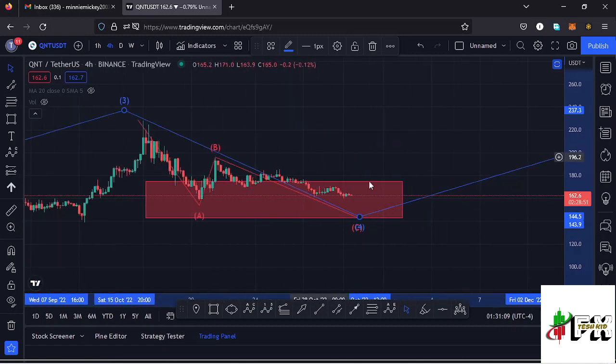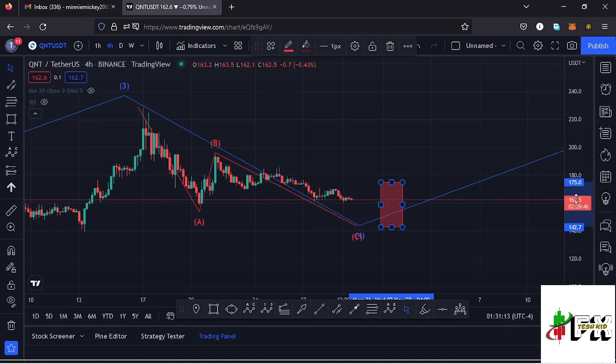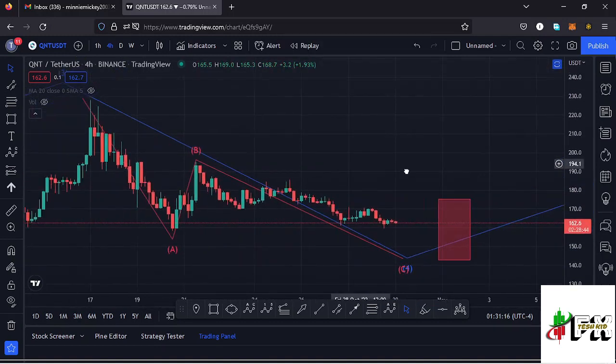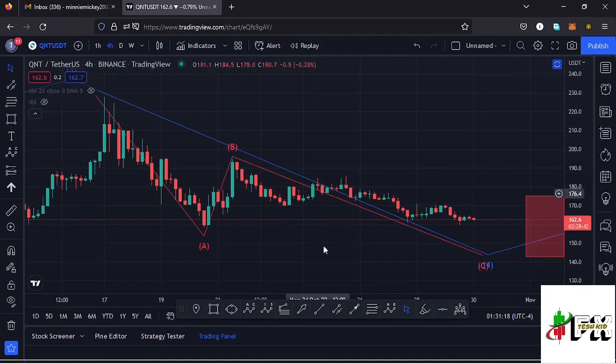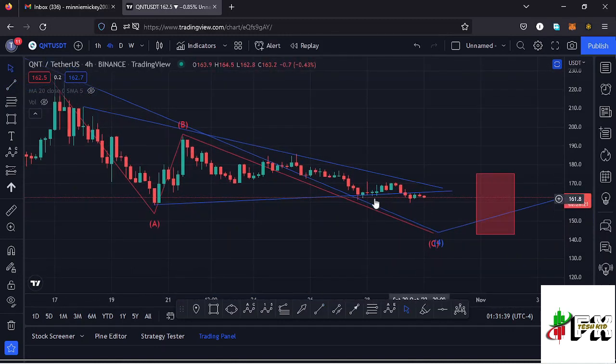We also have another key chart pattern that is in formation right here in the formation of this fourth wave to the lower side, which is a triangle, and if I draw it out, we can have this as the upper side of that triangle. Then the baseline is down here, connecting these lows down here, and you can see that we have continued to push the price of Quantum to the apex of this triangle, and we have started to see a breakout here